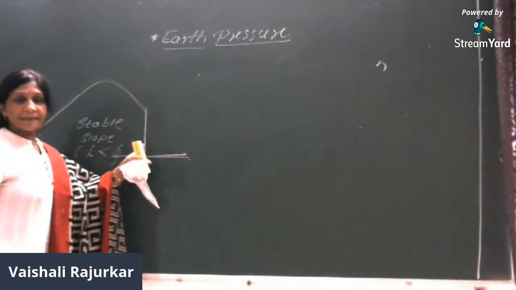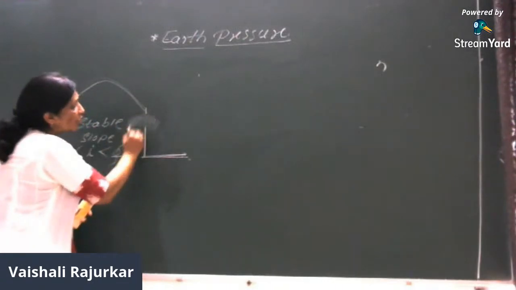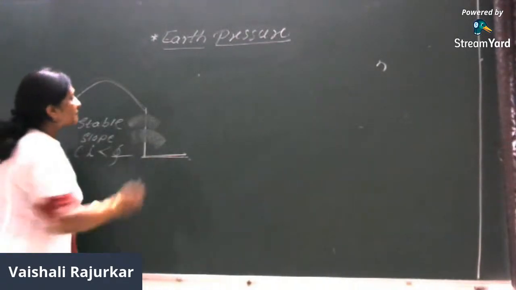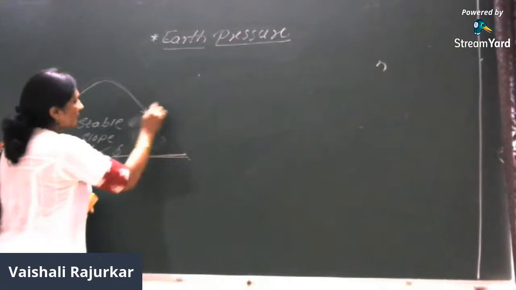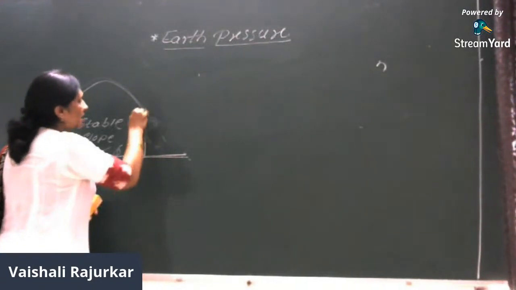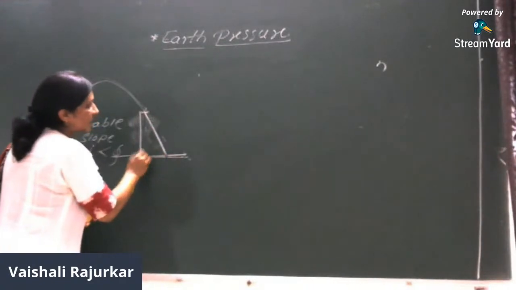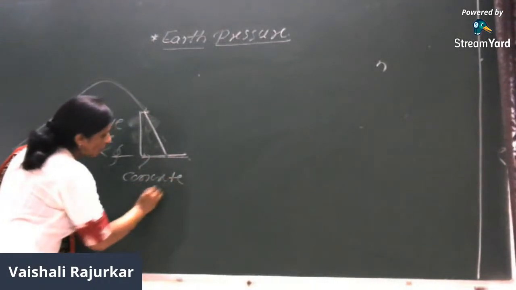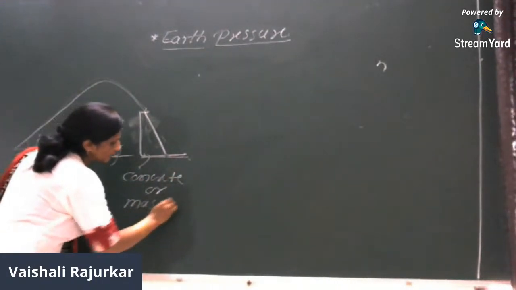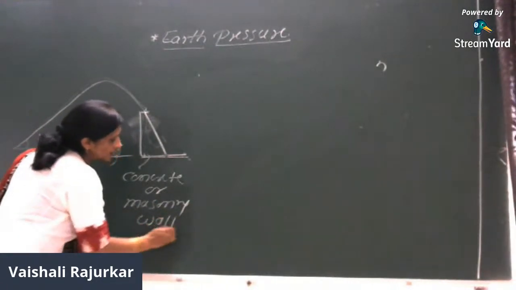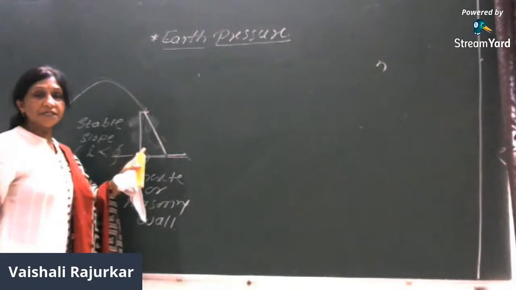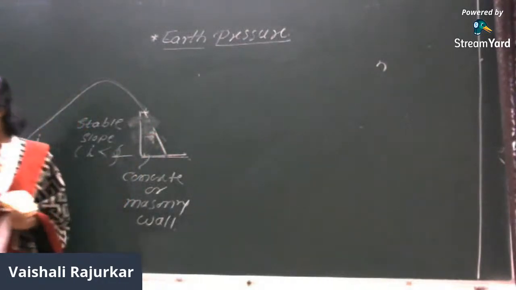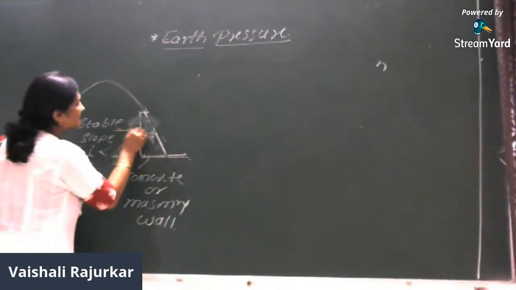Now this is the unstable soil mass, which has a tendency to move or slide down onto the road. So in that case, we will provide an artificial structure. That may be constructed with concrete or a masonry wall. What is the function of this wall? The wall resists the forces, that is, it resists the lateral earth pressure developed by